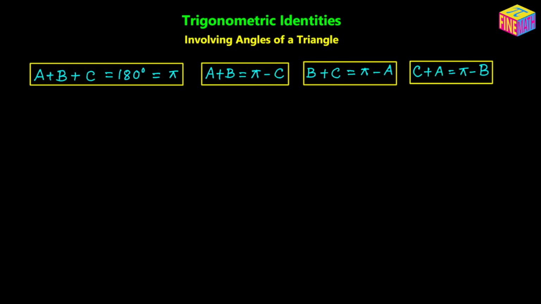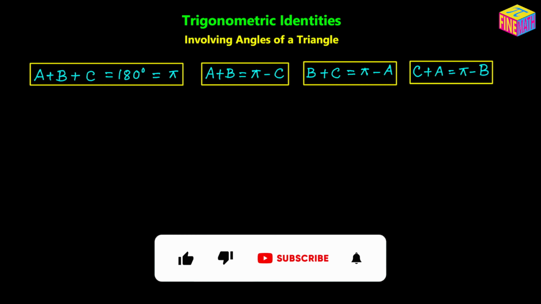Hi everyone. In this video, we are going to prove a trigonometric identity that involves the three interior angles of a triangle. There are various trigonometric identities involving three interior angles of a triangle, and we are going to prove all of them in this series of videos. Today's is the first one. We are going to prove the first one in this video, and in the subsequent videos I am going to